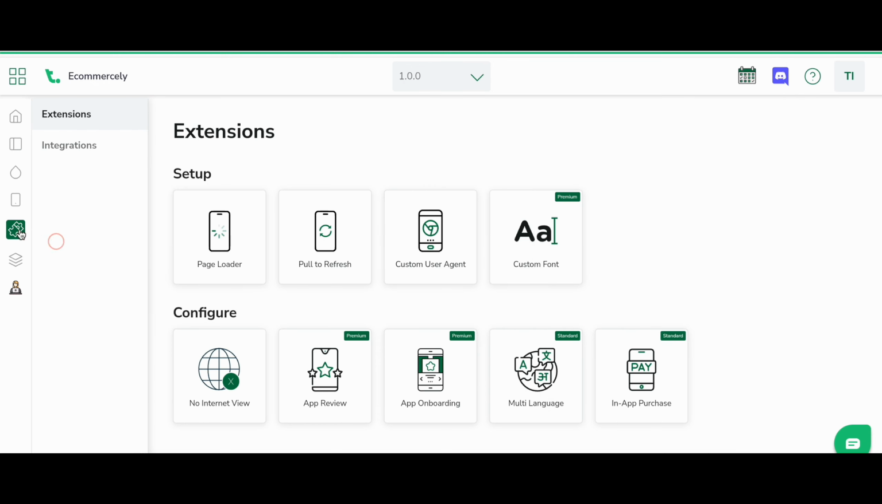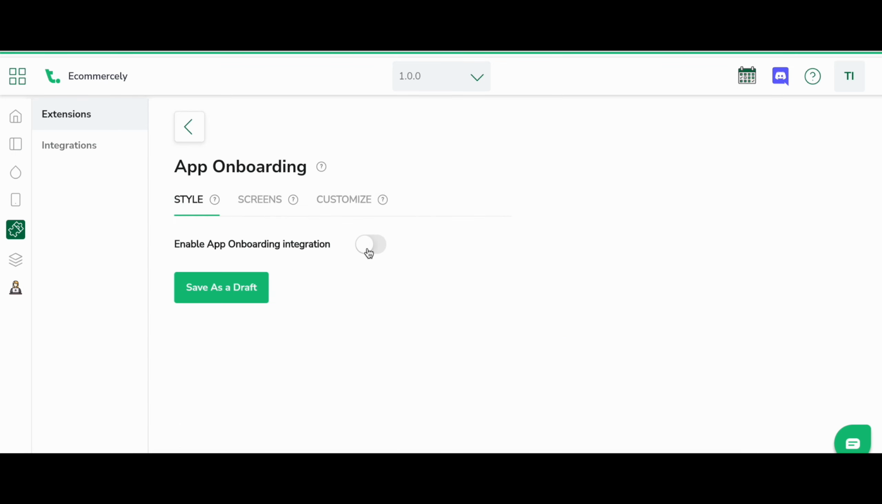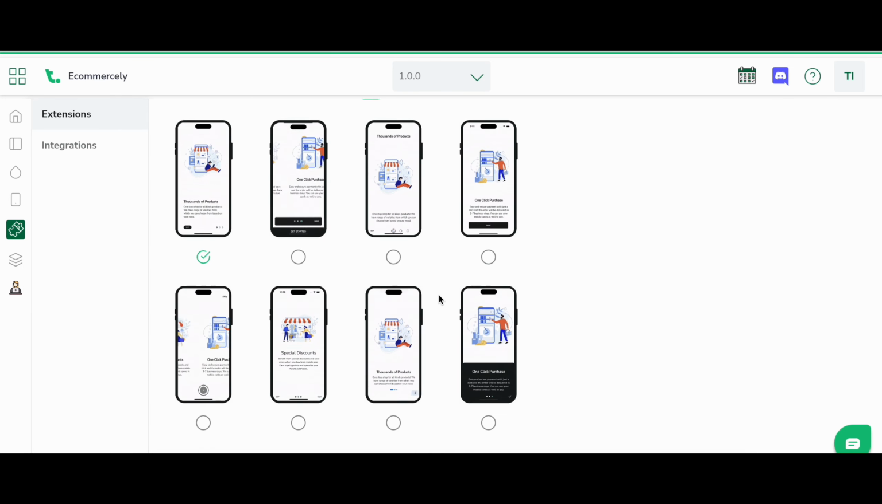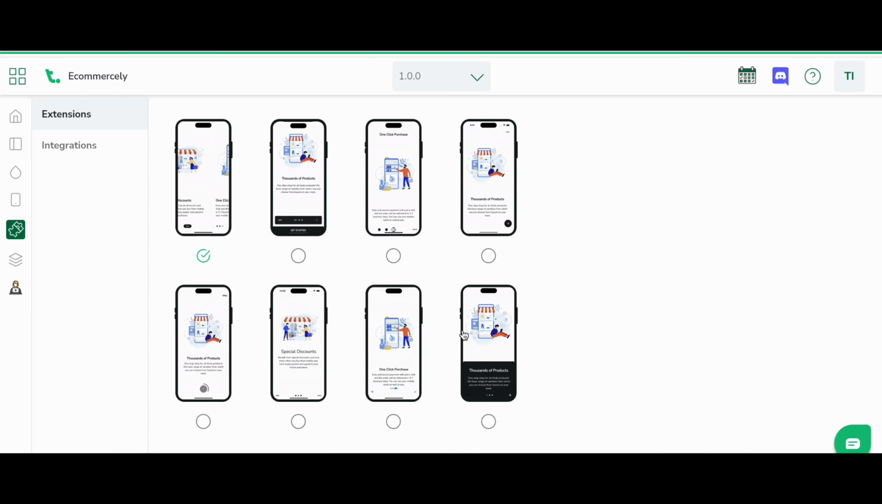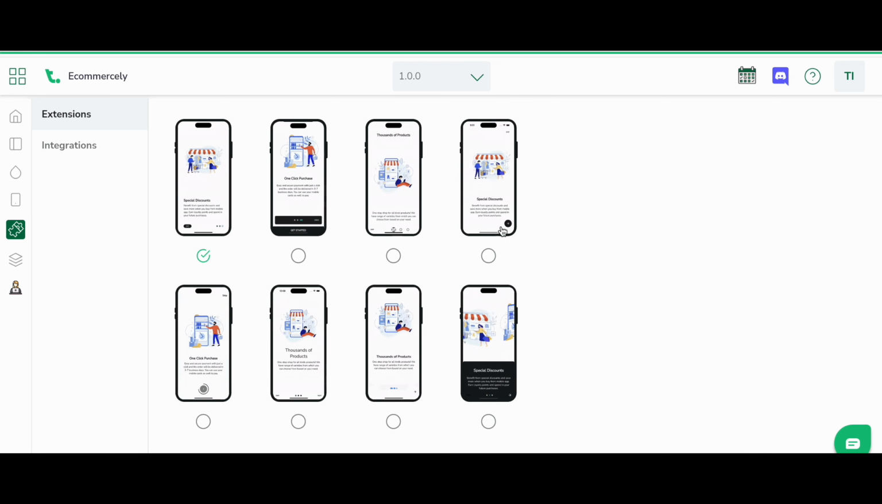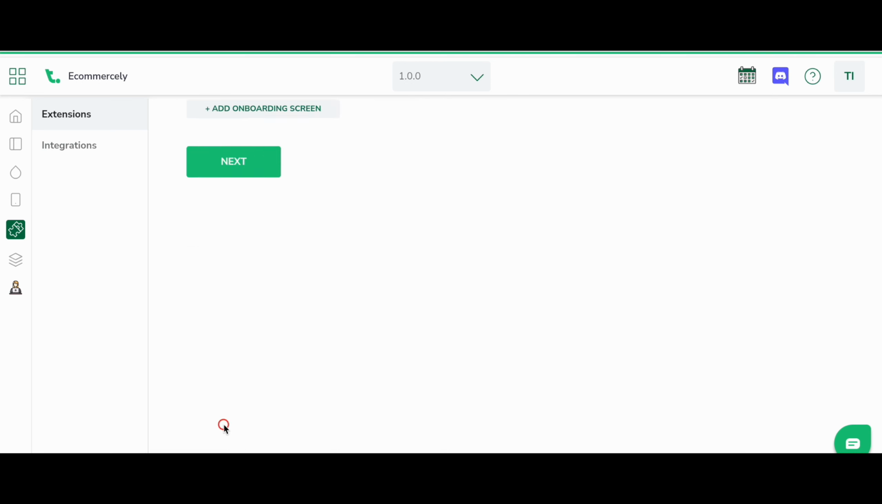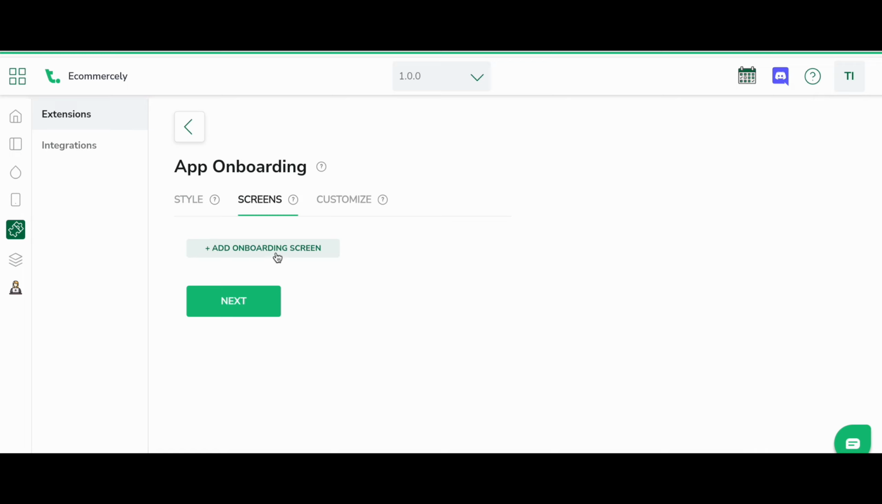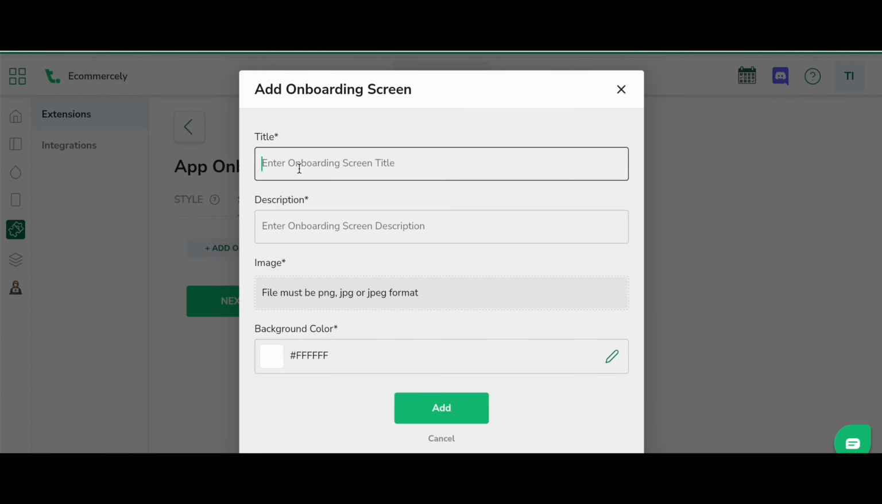To enable it, go to Add-ons, Extensions, App Onboarding, and enable it. We have 8 different styles that you can choose from. Select one that you like and click on Next. You can add as many screens as you want here. Click on Add Screen, add a title here,